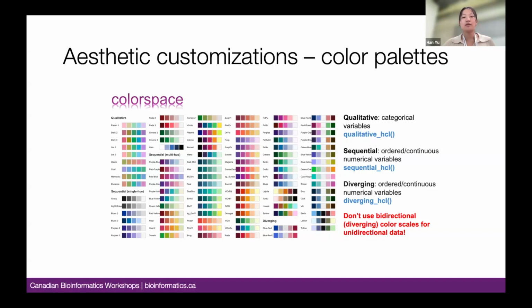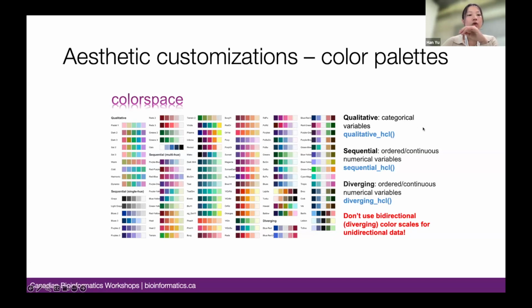Here I introduce a very useful package named colorspace. It provides great color palettes to create plots based on different data types. There are mainly three color scales: the qualitative one, the sequential one, and the divergent one. The qualitative one is used